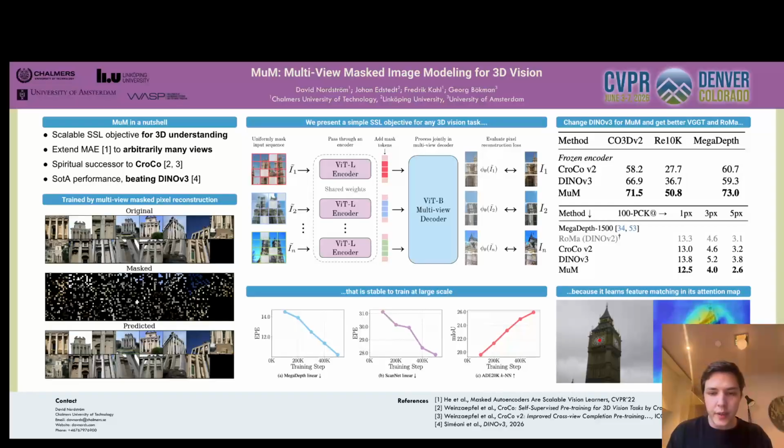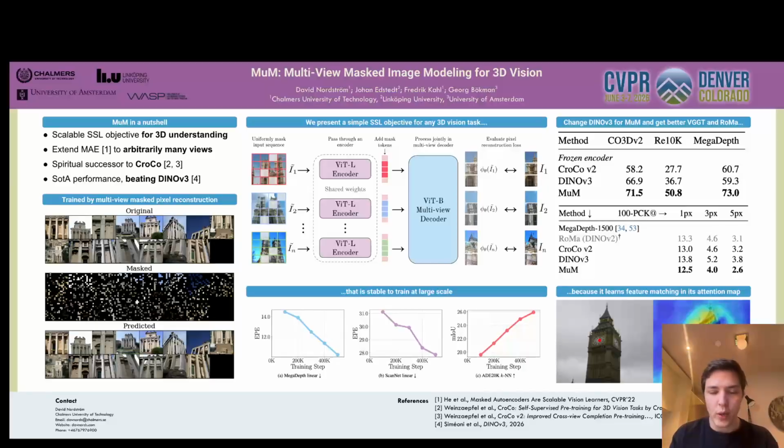And we don't have the problem that CroCo, which we see as a predecessor to our work, which does something similar but for 2 views, has. They require quite high co-visibility between these 2 views, thus enforcing that the data they use already has some type of annotations to understand whether 2 frames are co-visible or not.